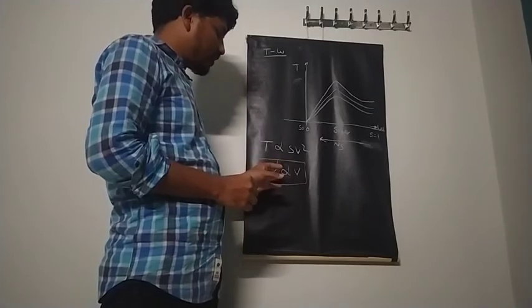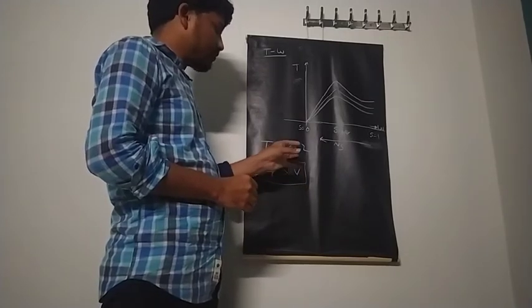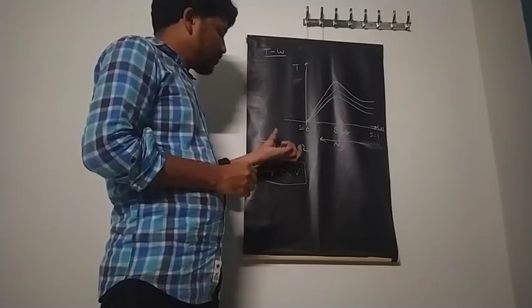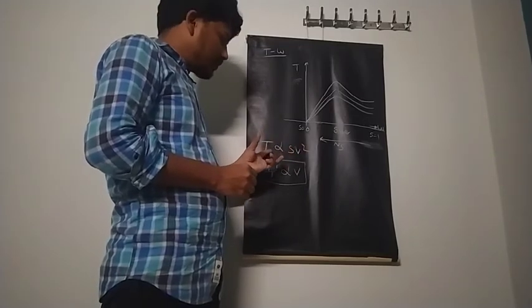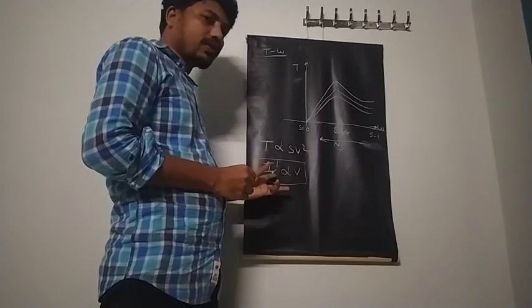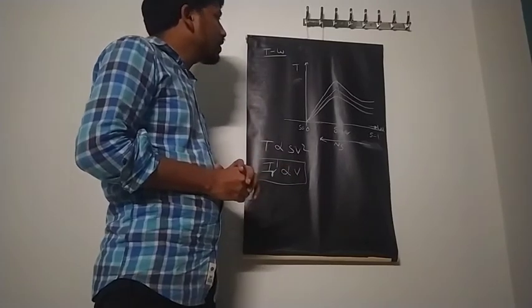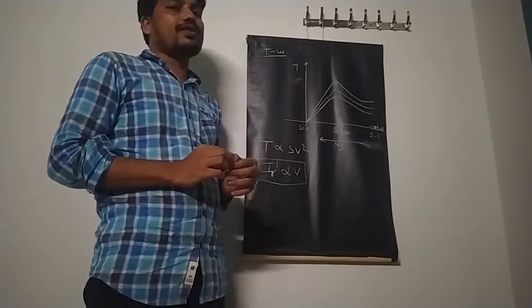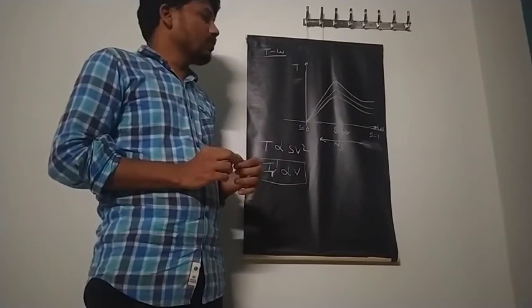That means rotor current as a function of voltage, as well as torque as a function of slip and voltage. Here one thing is that whenever the voltage changes, the torque changes, and rotor current also changes. So this is the equation. Now we are going to discuss the various torque speed characteristics for different values of voltages.